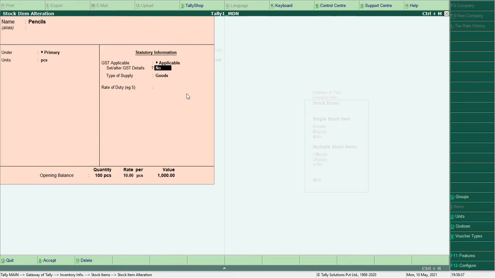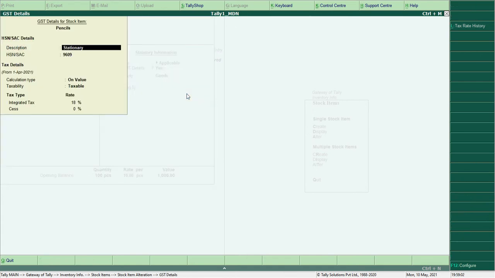GST applicable, yes. Set alter GST details, I can make the necessary changes from here, like adding the GSTN code, HSN code, etc. With that I'm going to show you how you can make the necessary changes. Set alter GST details, I will just make it yes first.